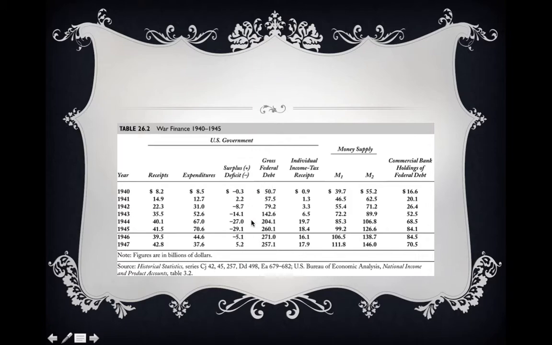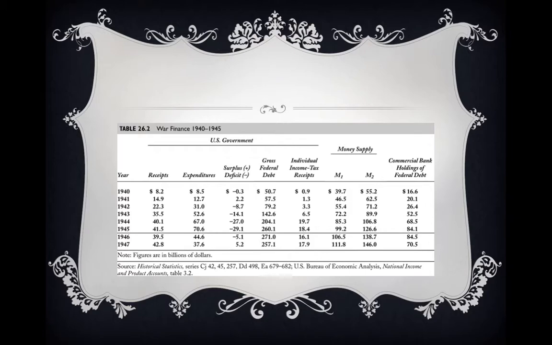And you can see what happens to the debt. The deficit is just a yearly figure, the difference between the receipts in 1 year and the expenditures. The debt is just the summation of all previous deficits. And you can see what happens. The debt explodes in the United States. A five-fold increase in the debt owed by the United States during that time period.